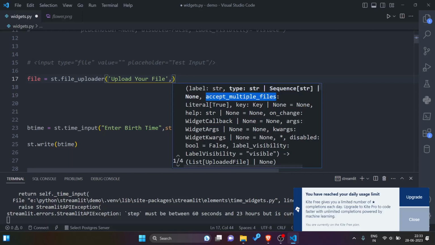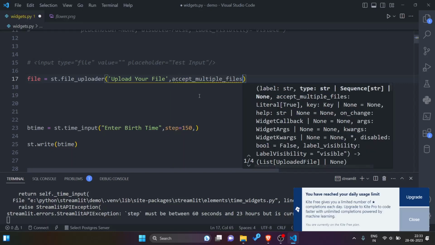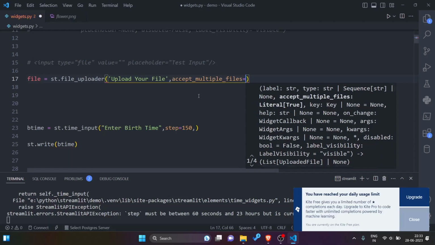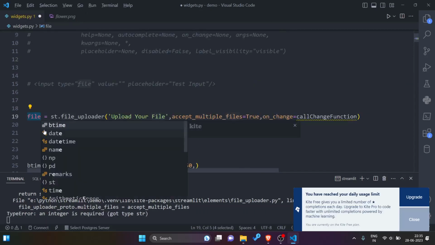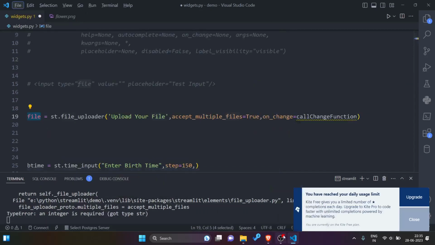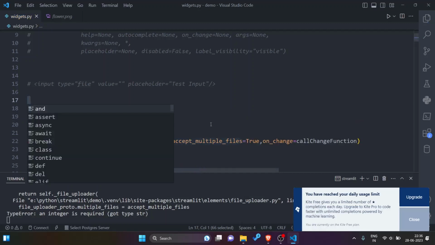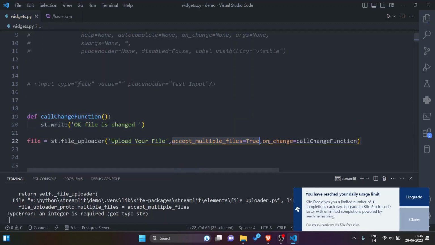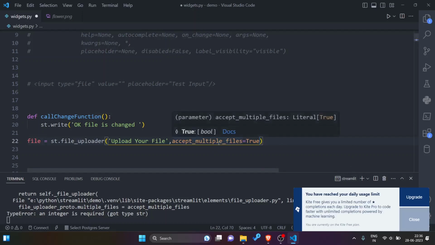Accept multiple files. If I give this argument, as you have seen, a single file can be uploaded or multiple files can be uploaded if accept multiple files is true.